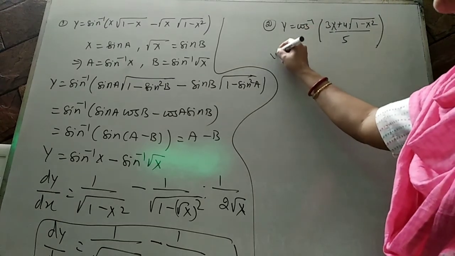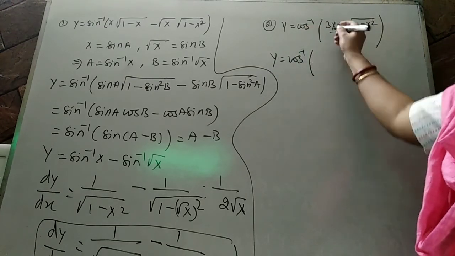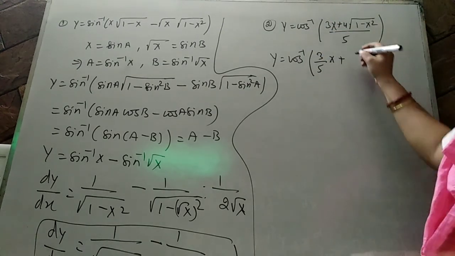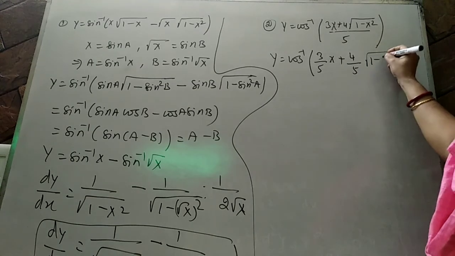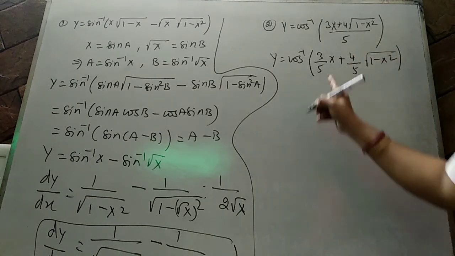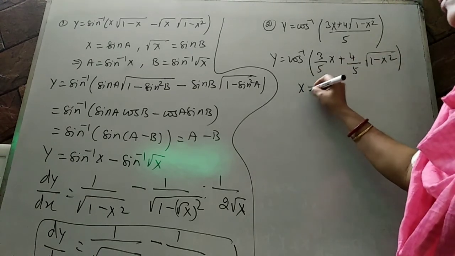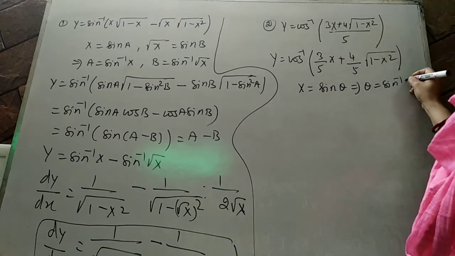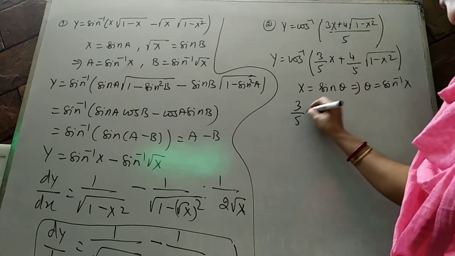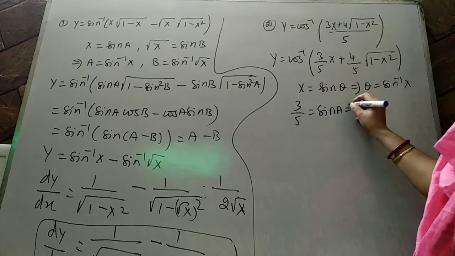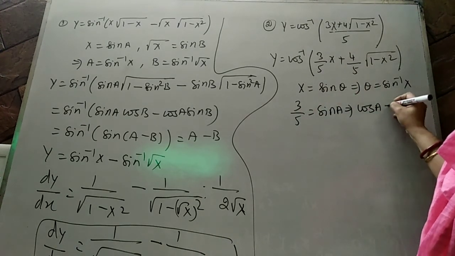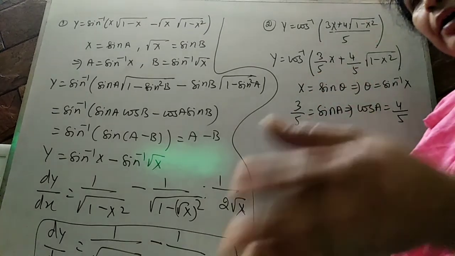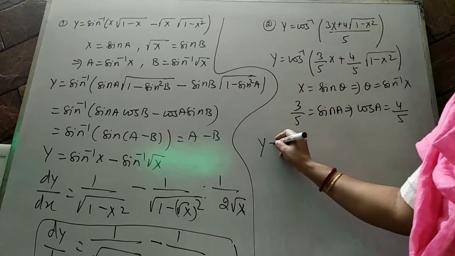अब क्या सब्स्टिट्यूशन देना है, कैसे देना है, इसको बोलते हैं बेटा पोलर फॉर्म। इसको क्या करना है आपको, 3/5 x करो। देखो क्वेश्चन तो वेल डिफाइंड होगा, ठीक है ना। 4 अपॉन 5 इंटू अंडर रूट ऑफ 1 माइनस x स्क्वायर। अब क्या सब्स्टिट्यूशन देना है, x इज इक्वल टू, देखो मैं साइन थीटा दे रही हूँ। x इज इक्वल टू साइन थीटा इंप्लाइज थीटा इक्वल टू साइन इनवर्स x। अब 3/5 को आप लेके देखो, साइन a, इंप्लाइज राइट एंगल ट्रायंगल जाओ, 100% कॉस a का वैल्यू आएगा 4/5। इधर देखो बेटा, ये साइन a ये वो, ये कॉस a बनेगा ही बनेगा। राइट एंगल ट्रायंगल में जाओ, सब्स्टिट्यूट करके देखो, यू विल गेट आंसर।